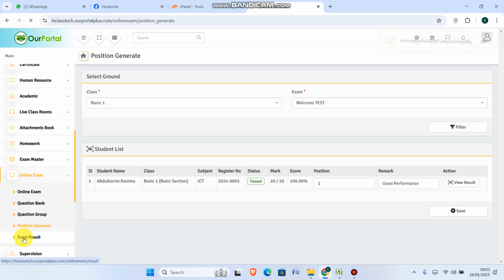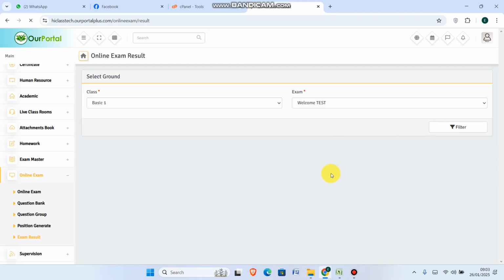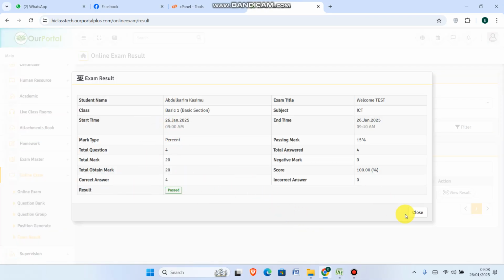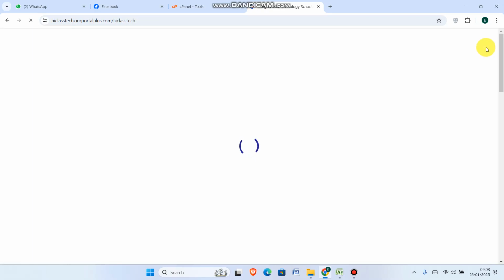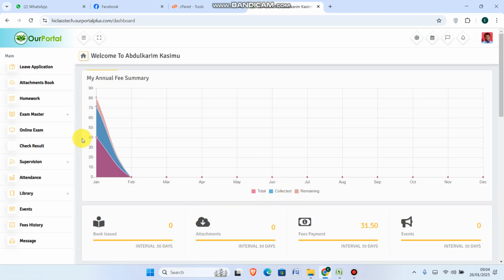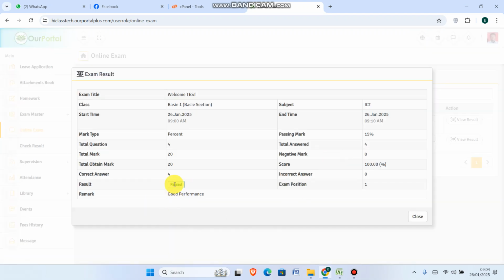and then exam results. I can also check that as an admin, and of course as a student. So if the student logs back into his or her own dashboard now to check the online exam results, if it has been evaluated by the teachers or not. As you can see, let's check. So you see the mark, good performance, exam position 1. So if there are many in the class, then the person will be reading, and of course what